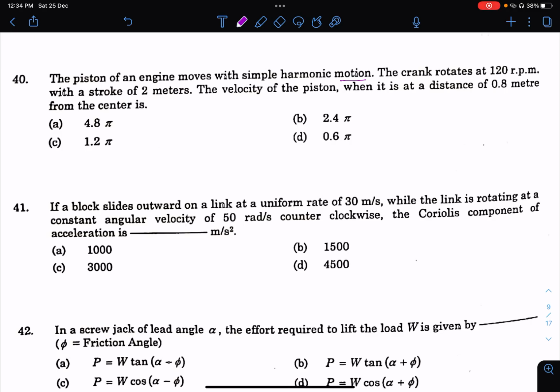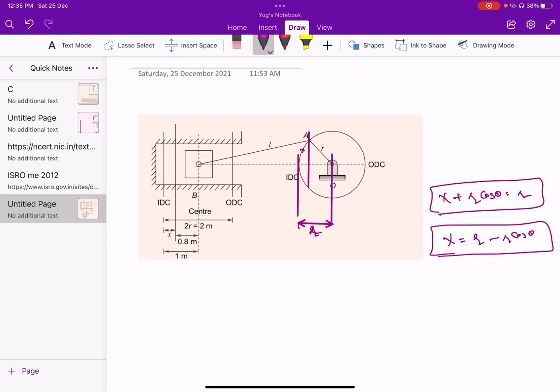The crank rotates at 120 rpm with a stroke of 2 meters. The velocity of the piston when it is at a distance of 0.8 meter from the center is... So we will discuss it with the piston cylinder arrangement diagram. Suppose this is our piston cylinder arrangement, and here the piston has moved a distance of 0.8 meter from the